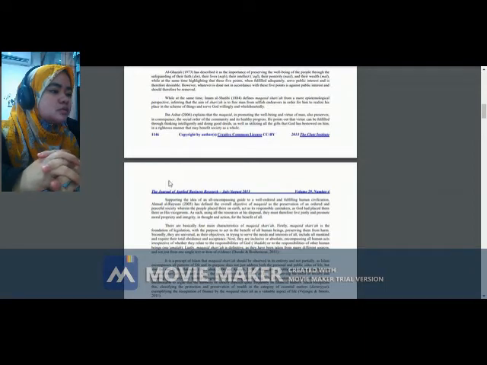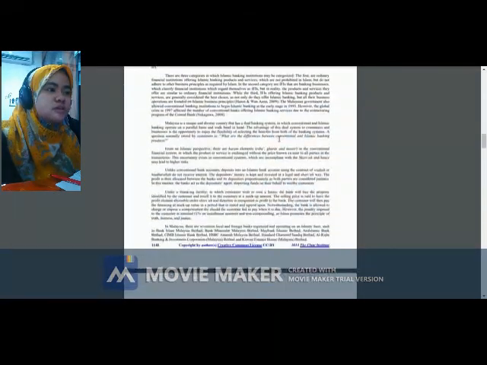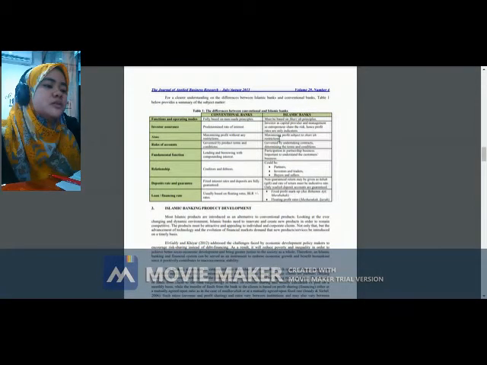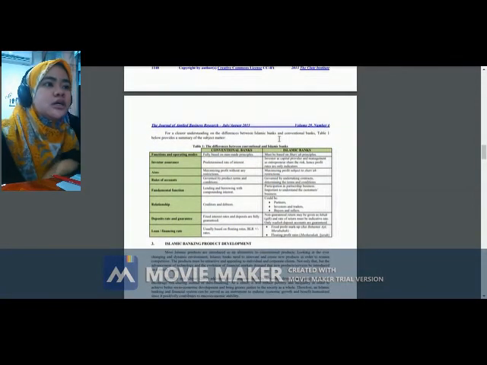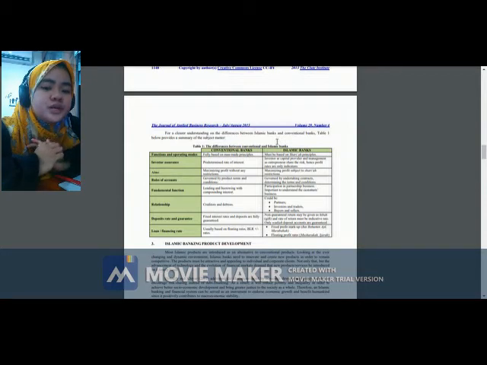It's clear for me. Point number 3 in this journal is Islamic banking product development. We know that